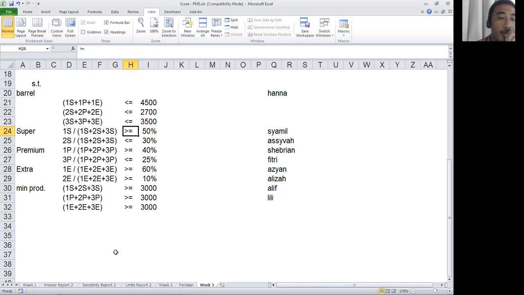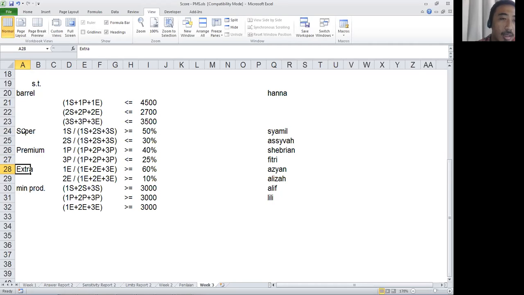Okay. Yeah, because in your mind the percentage is percentage of S. So you're a little bit confused. Then how can we get 50% and 60%? The total is 110. See? But the fact is that this is the percentage of super and the percentage of extra. So we're not talking about the same thing here.